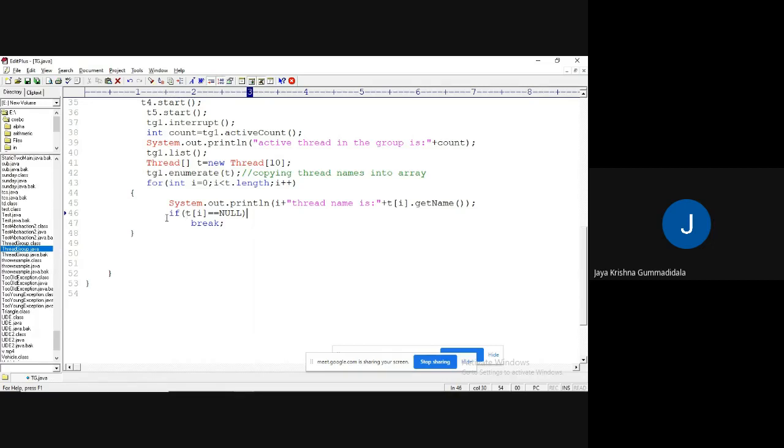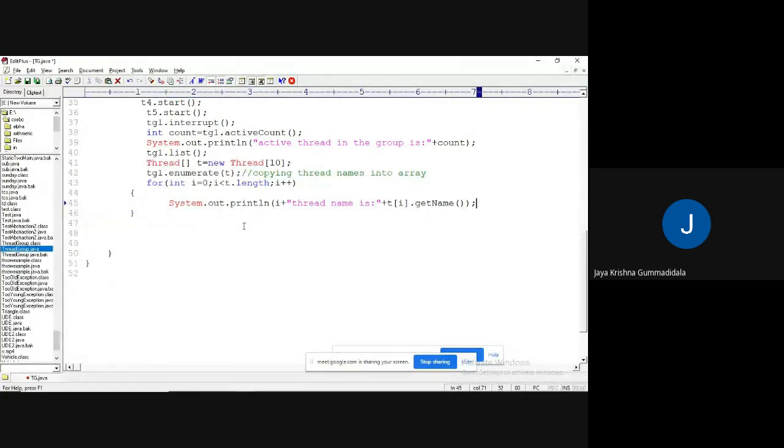T of i contains something. Okay, you can rectify this.